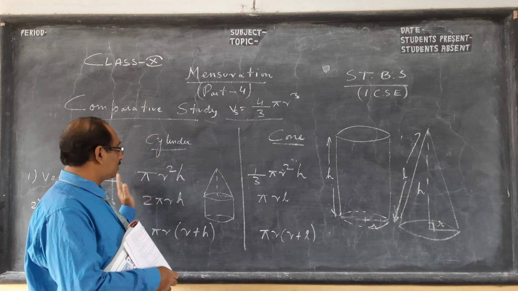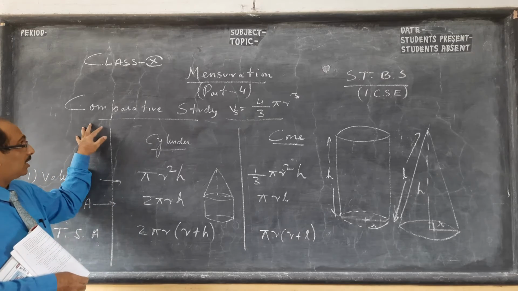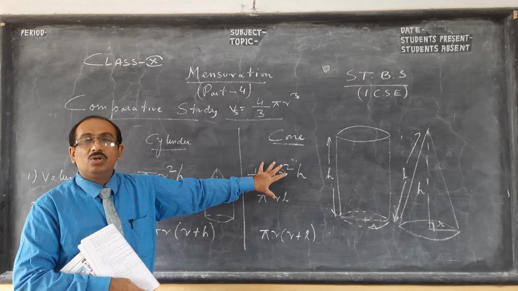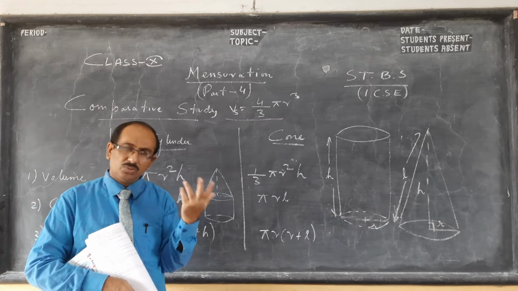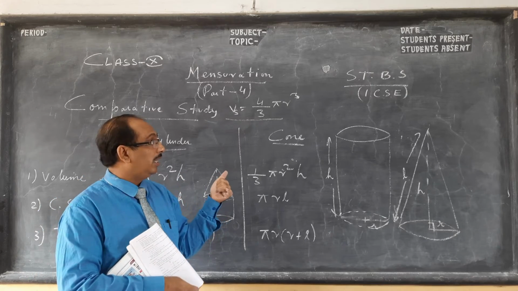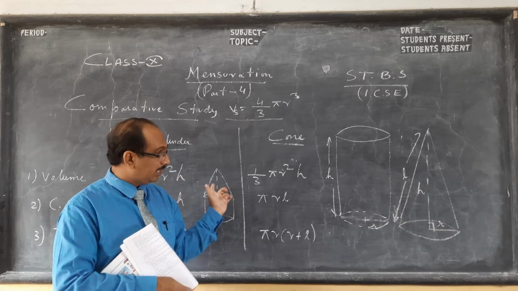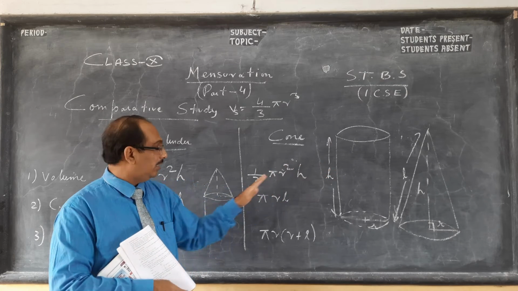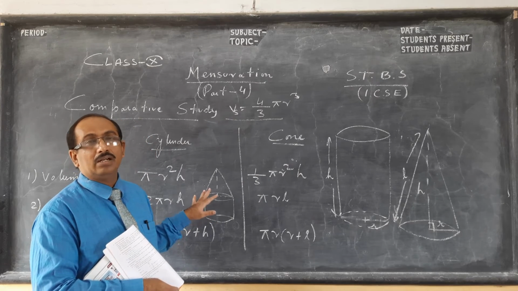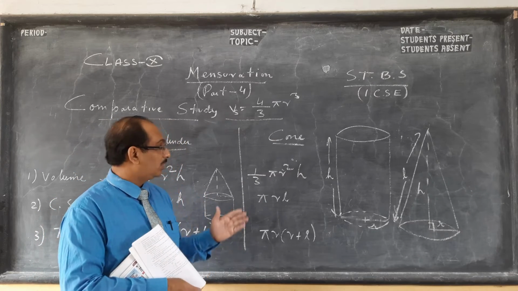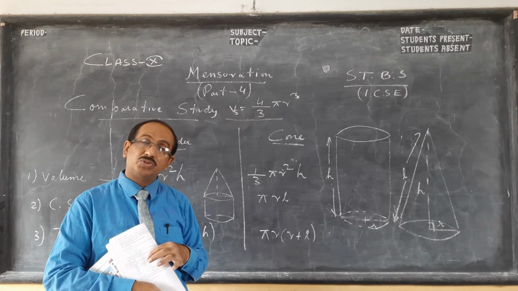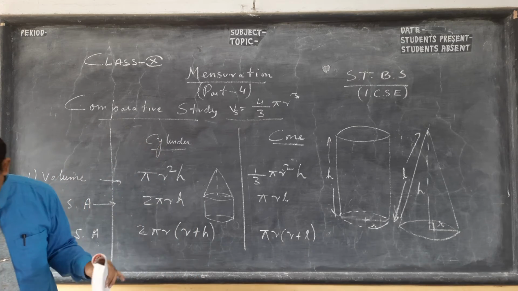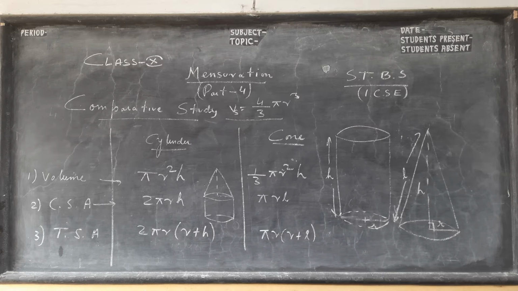So here I told you this is the basic concept. We have done a comparative study. Comparative means we compare the formulas of cylinder and cone. Then I told you there are 2-3 more types of question, including cost and hollow, inner volume and outer, that we will see. And then we have melting and recasting, and finally we have combination of solids. And mensuration, children, is a vast topic. Okay, after curtailment of sphere, maybe it is not so vast, but you need to give time and effort to learn it properly. So kindly pause the video and copy.